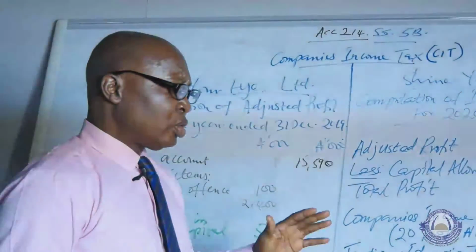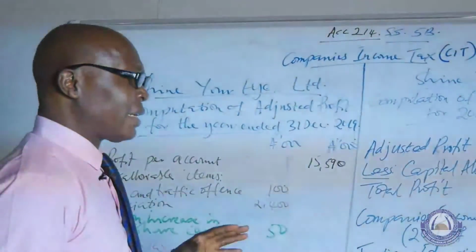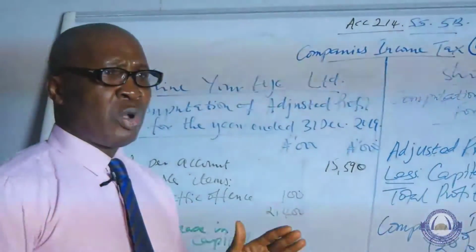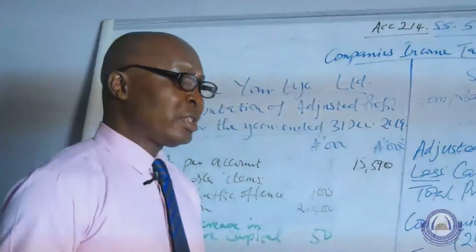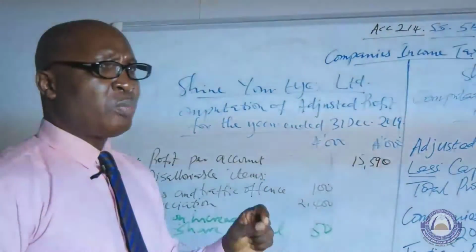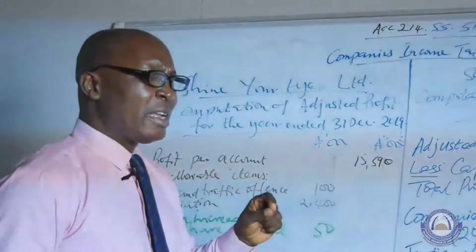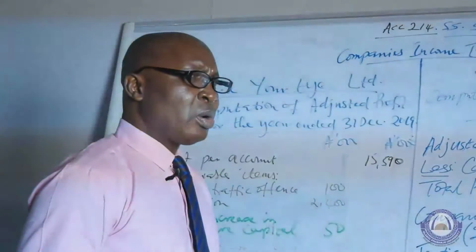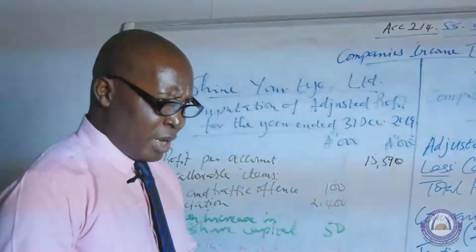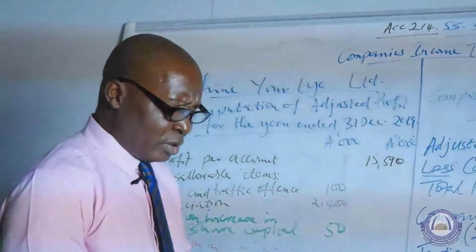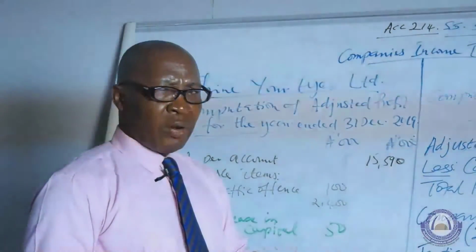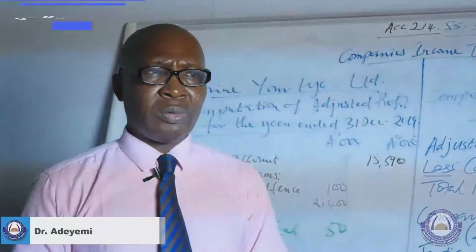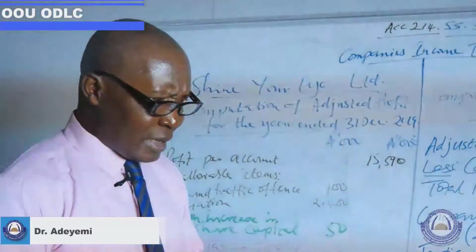And then, of course, through the 2019 Finance Act, we have 3 levels of income tax liability that are paid according to the rates. 0 rate for companies that are having less than 25 million naira turnover. Between 25 million up to 100 million, we have them paying 20% of their adjusted profit. And then, of course, anything above 100 million, they pay 30% as their tax rate.